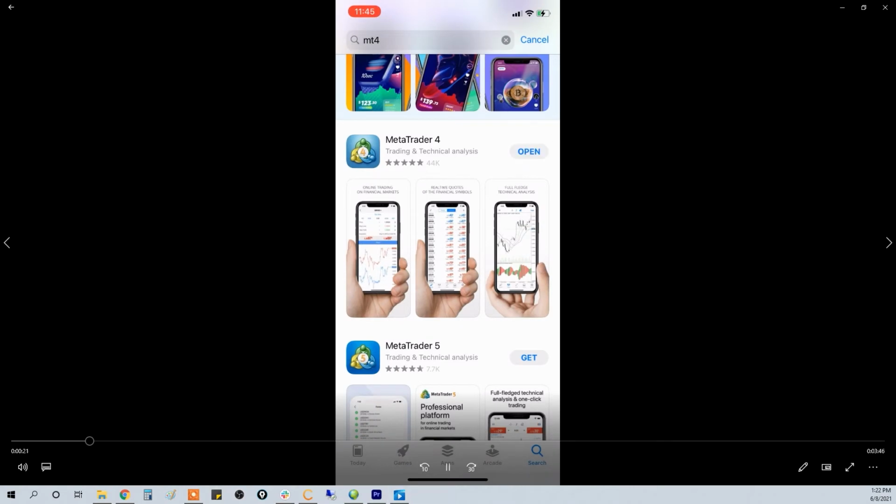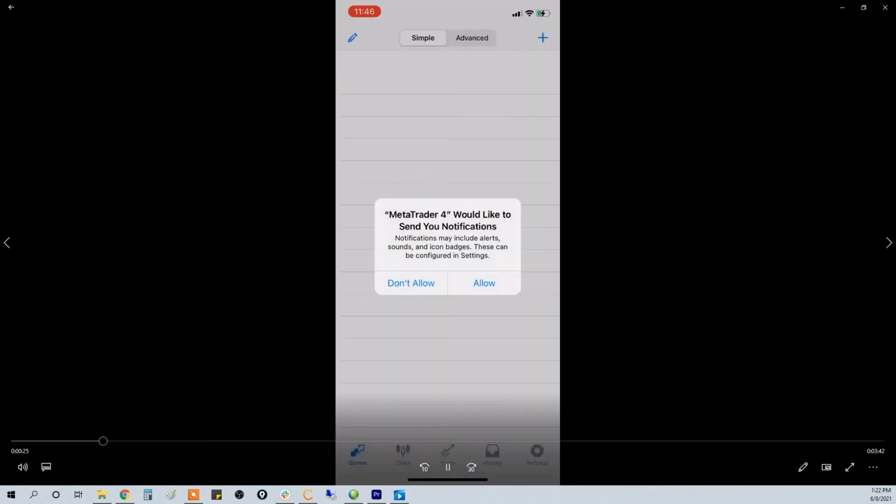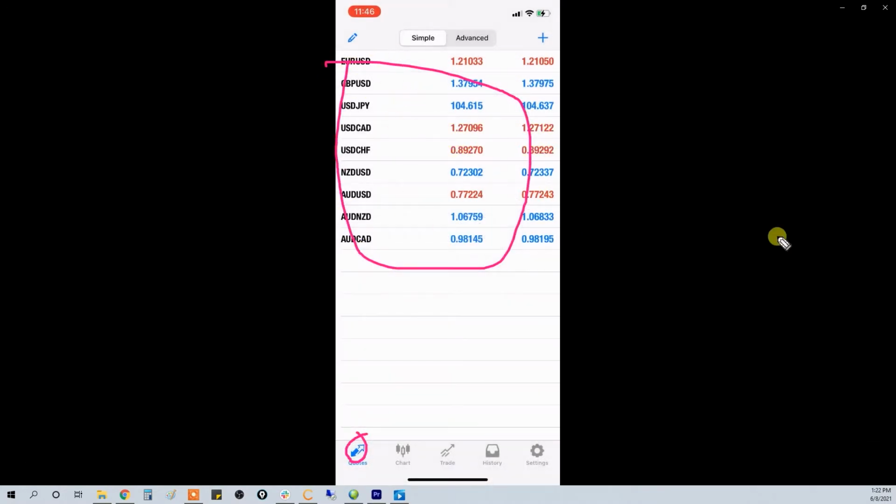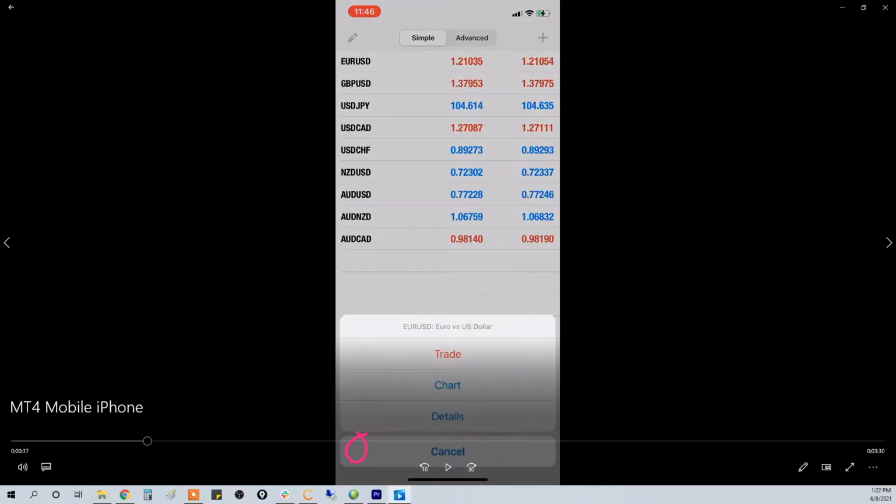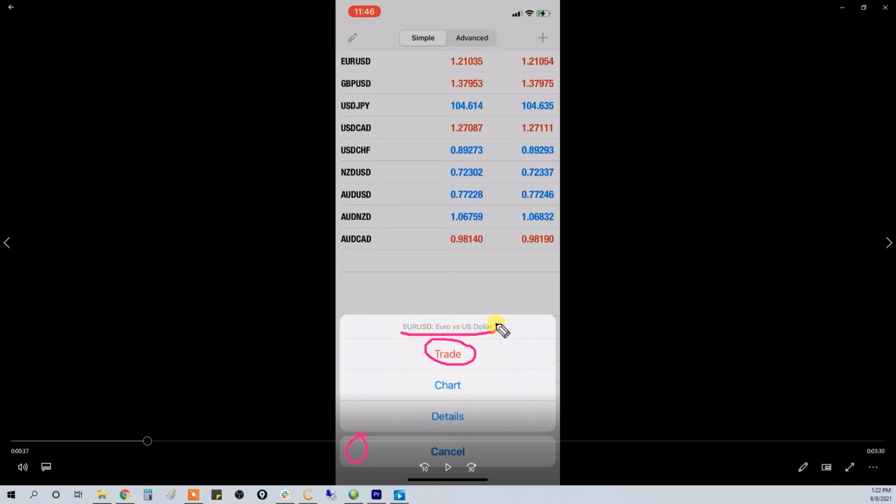Once it's done, open the application and it'll launch directly to this quotes tab right here, where you'll see different currency pairs. And if you click on any one of those currency pairs, you'll have the option to press trade, which will allow you to trade in the euro versus US dollar, and we'll look at that in a moment, or go to the chart where you can see the candlesticks or details about that particular currency pair. So right now we're going to go ahead and press chart,